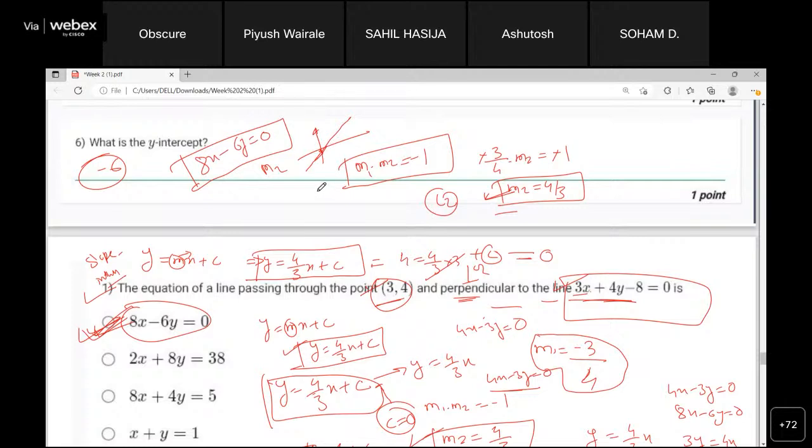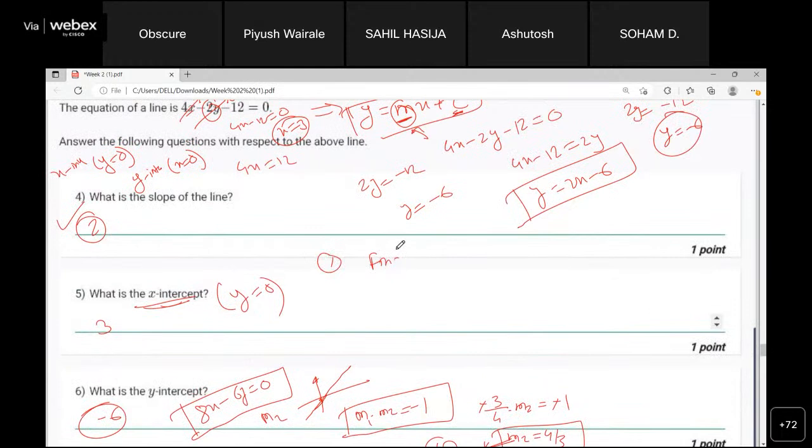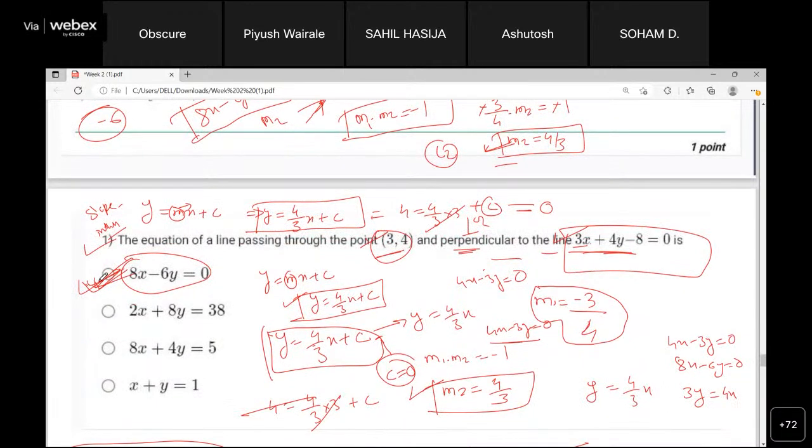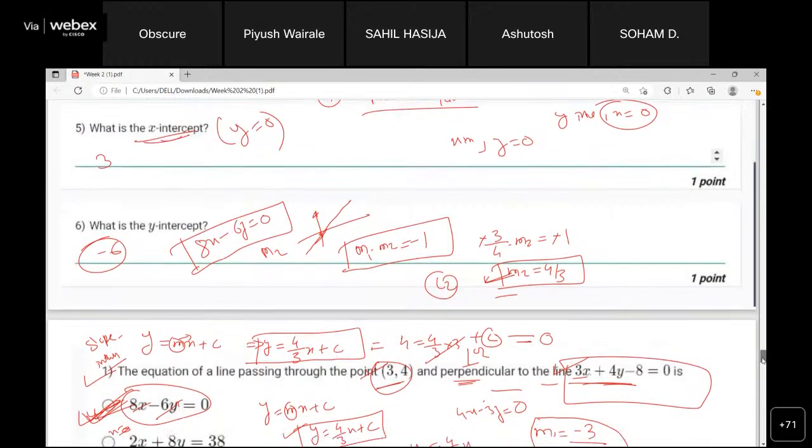So for any case, if we are asked to calculate the x-intercept and y-intercept, we substitute 0 in the equation. First find out the equation. For the x-intercept, put y equals to 0, and for the y-intercept, put x equals to 0 in that equation. That's it. So here we have found the equation x minus 6y. For the x-intercept, y is 0, so the x coordinate is 0. For the y-intercept, x is 0, here also y is 0. So we have only one point, that is passing through the origin, 0 comma 0, right?